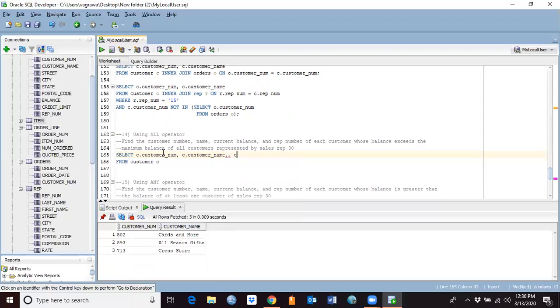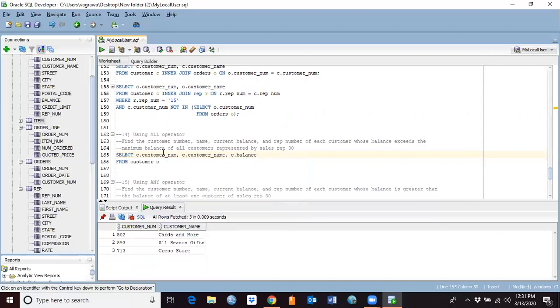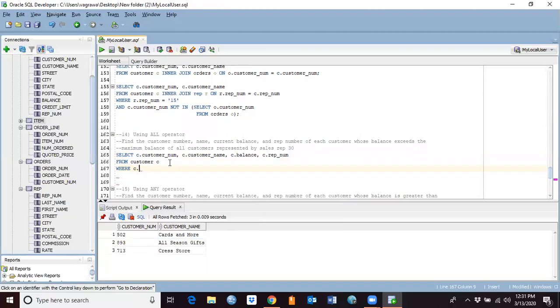and then C dot balance. Okay, hold on. So C dot customer name, C dot balance, and the rep number, C dot rep number from customer where C dot balance